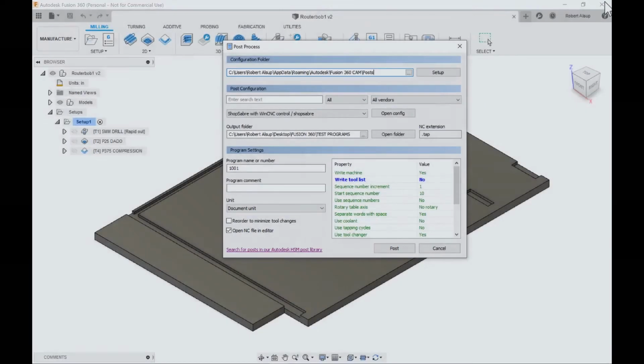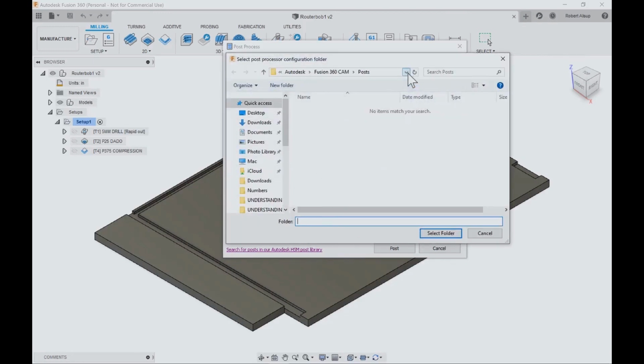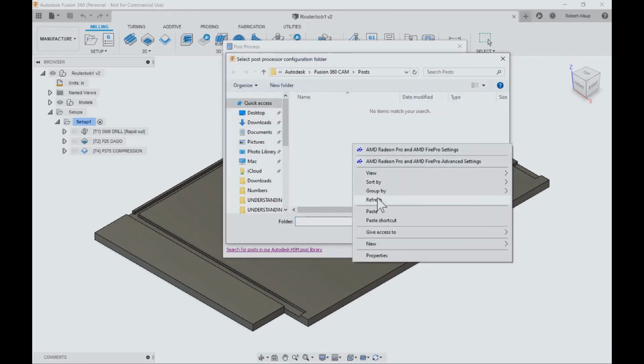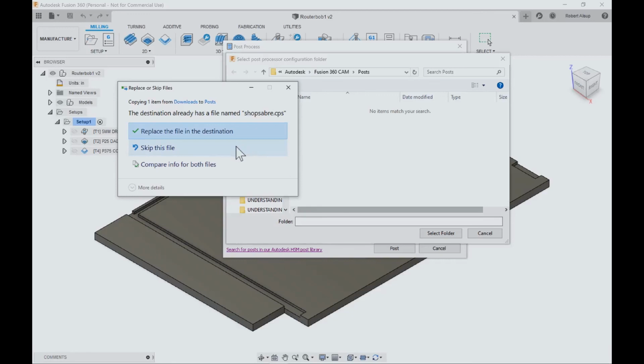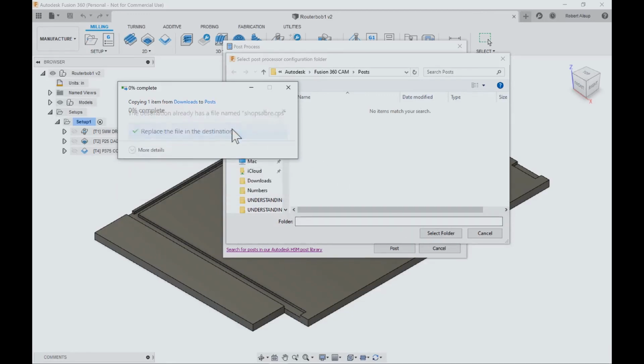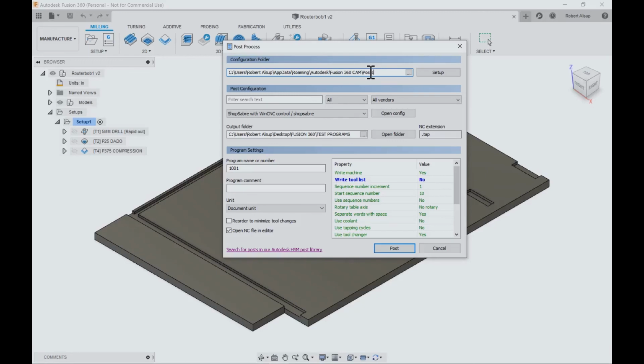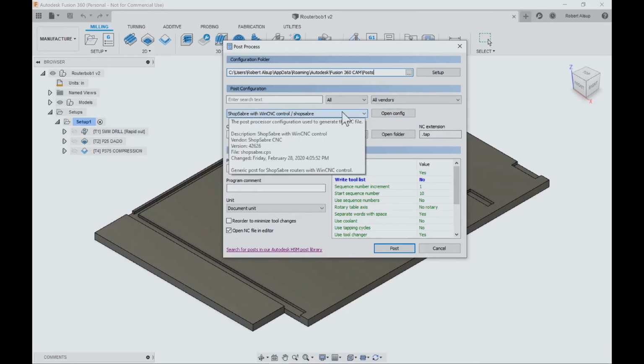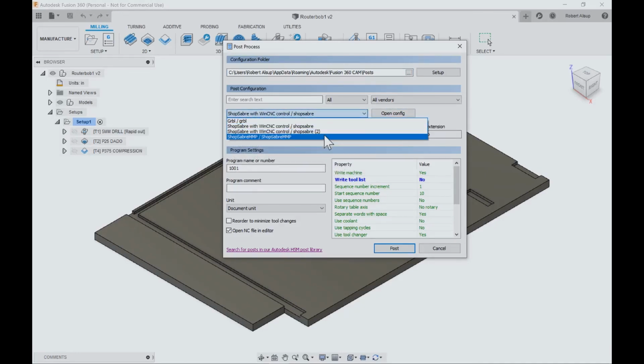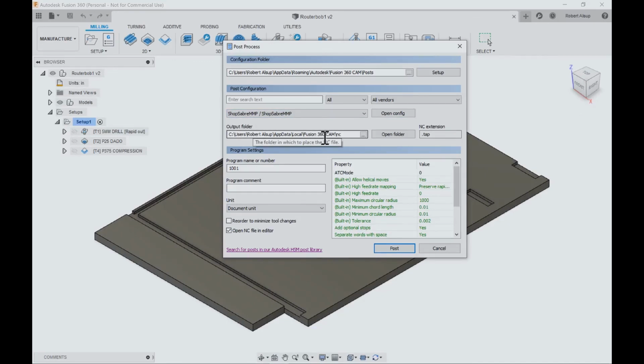We just turn this off. Okay, now this is where you want it saved on your computer, and this is where it's saved. There's a path to it. So I'm going to click on that, and I'm just going to right click and say paste. And it's going to paste it into that folder location, and I'm going to tell it that's fine. I already had a copy in there, so you won't have that problem. Okay, so it's there, and then over here, this is where I select them, and there it is right there. So basically, that's the